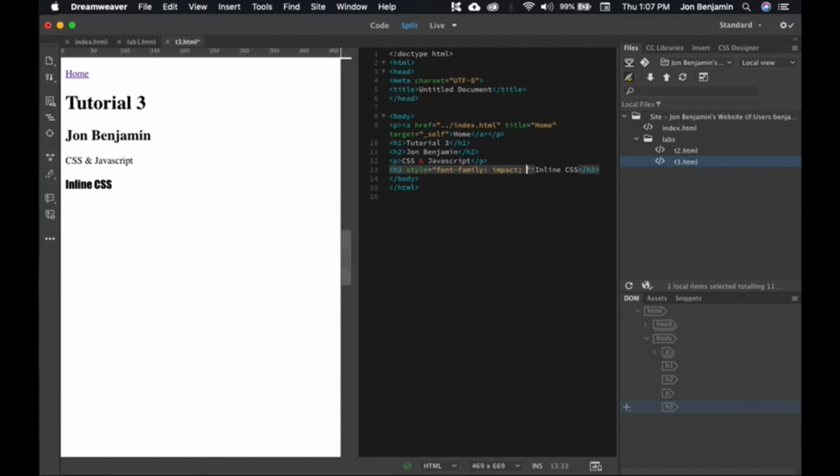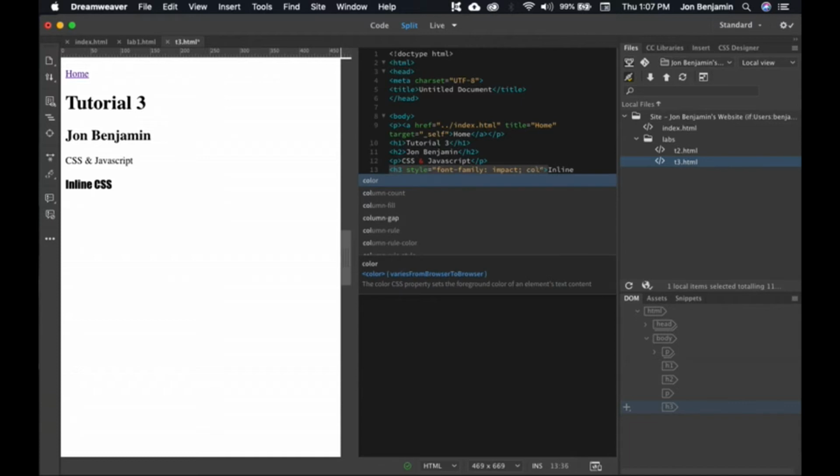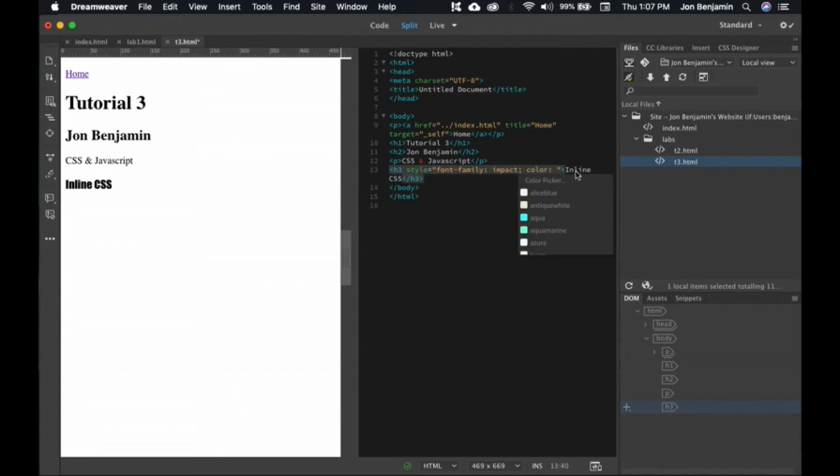And in this case, I'm just going to type in color, C-O-L, and then color comes up. And you can use a color picker. I'm going to choose olive drab. And there you can see, it's changed to olive drab. All right, and one last little style. We'll put our cursor at the end of olive drab there, put a semicolon and a space, and I'm going